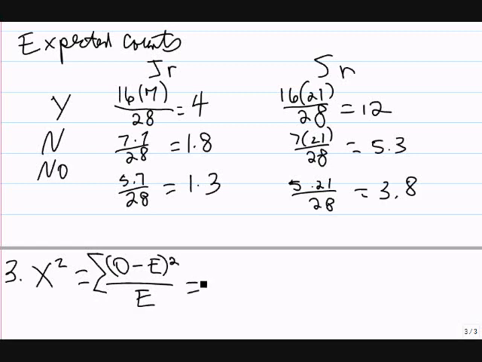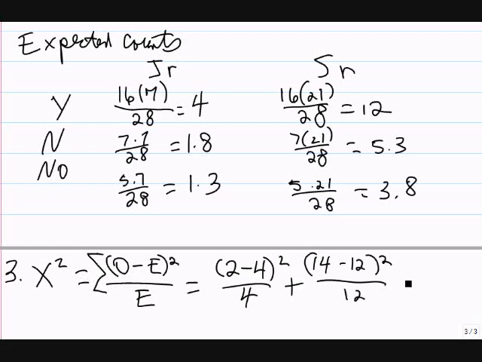So my observed was 2 minus 4 squared divided by 4 plus, what is that, 14? Minus 12 squared divided by 12 plus 4 minus 1.8 squared divided by 1.8